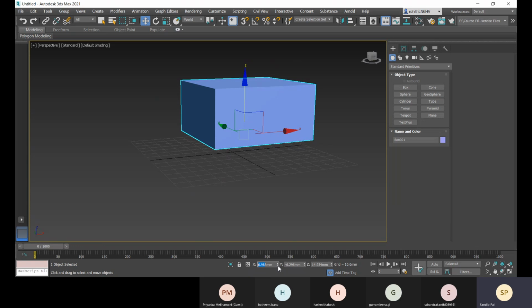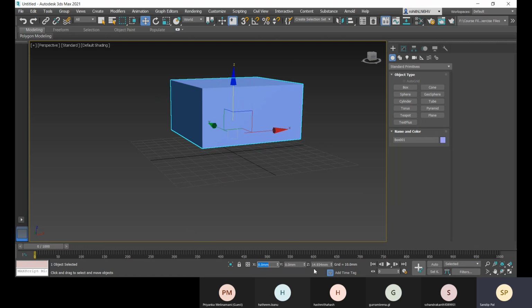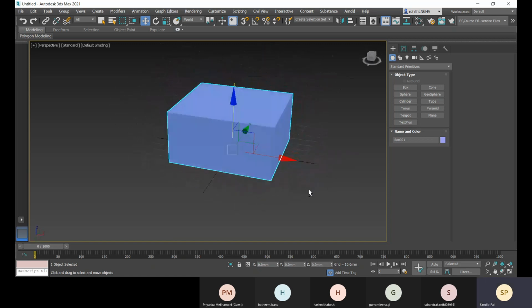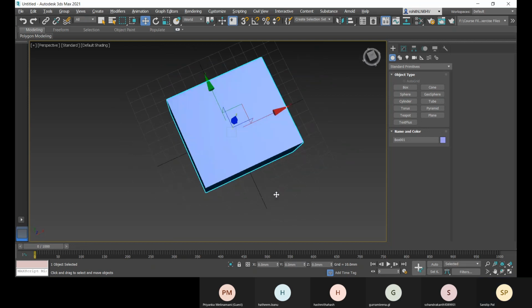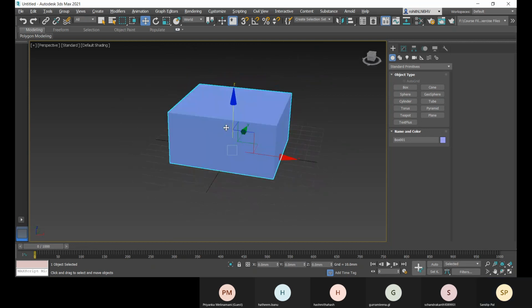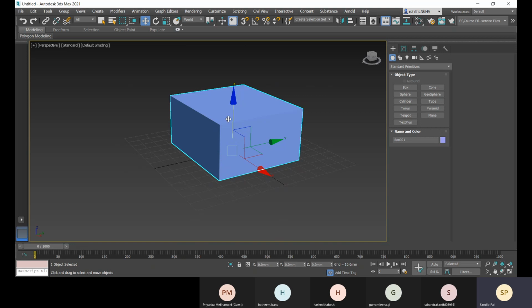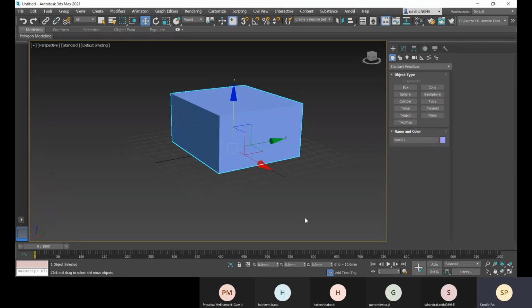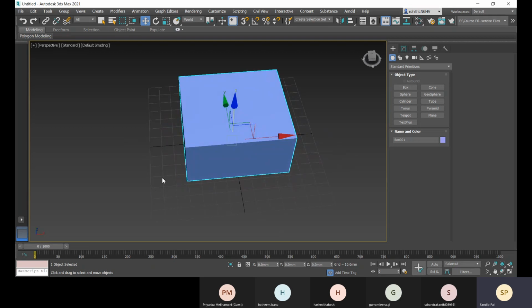If I right click on the down arrow of this X coordinate, it will be 0. And here also right click on this Y coordinate and right click on this Z coordinate, and there you can see it's placed, right? So right now the gizmo is placed at the center of your model, and that position is placed on the origin.